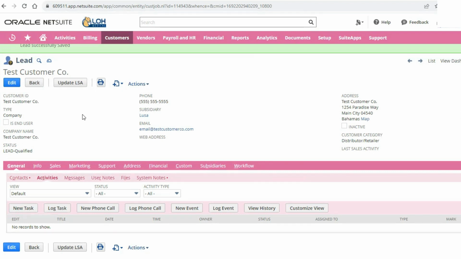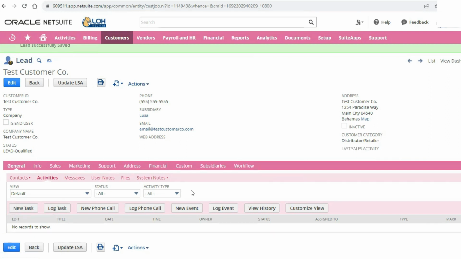So another feature on the lead prospect customer pages are activities. And activities are monitored by management. Every lead prospect customer has a last sales activity field on the main part of their page.